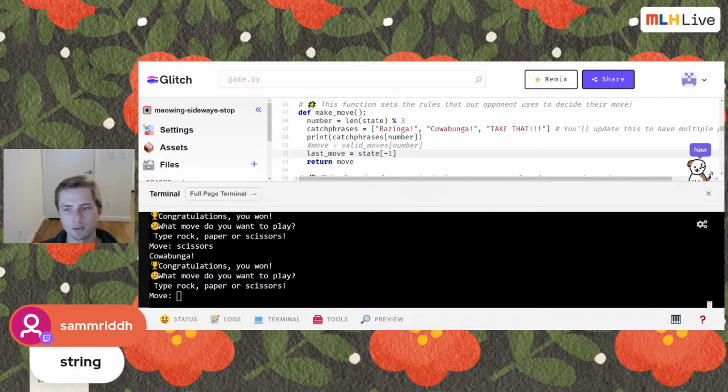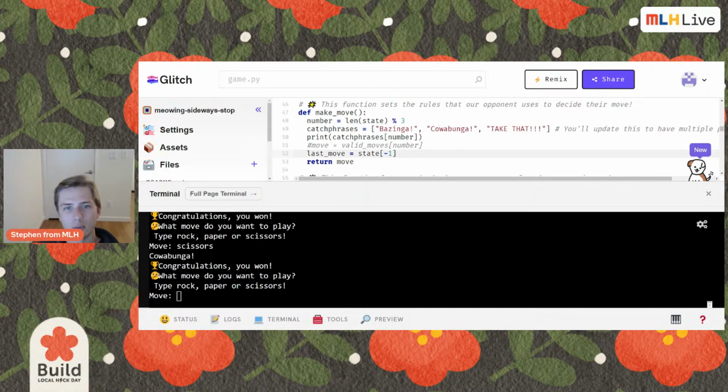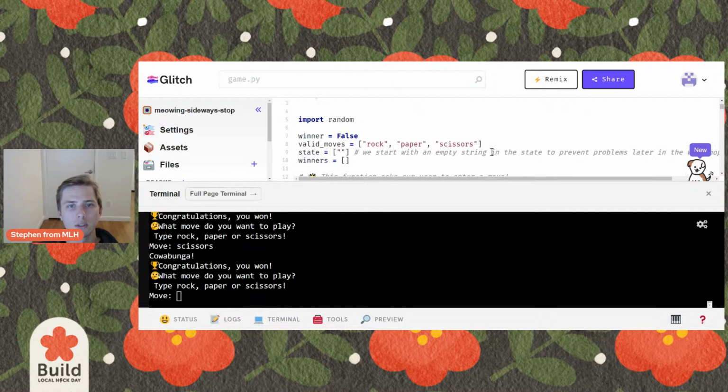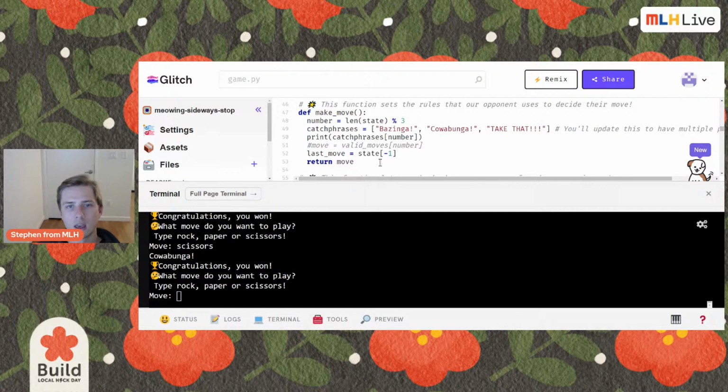Okay, someone says a string. That's correct. So the last move will be a string. And the reason we know that is because the moves are stored in this code called valid moves up here. And all of these list items are strings because they have quotes around them. They're groups of characters in an order. So they are basically strings. Okay, so that's great. We have this last move thing, and now we have to build this conditional,